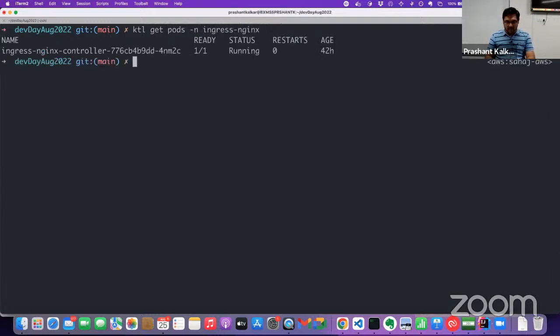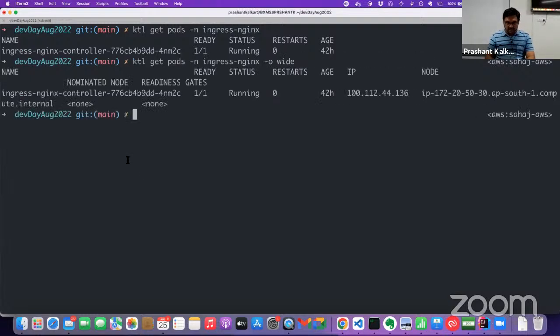So let's try to send again. We are now sending traffic not to our pods or even the service. We are sending traffic to the ingress pod. For that we need the ingress pod and the IP address of that pod. This is the IP address of the pod. So we are still within the cluster. Now if I send traffic to this pod, to this IP address,